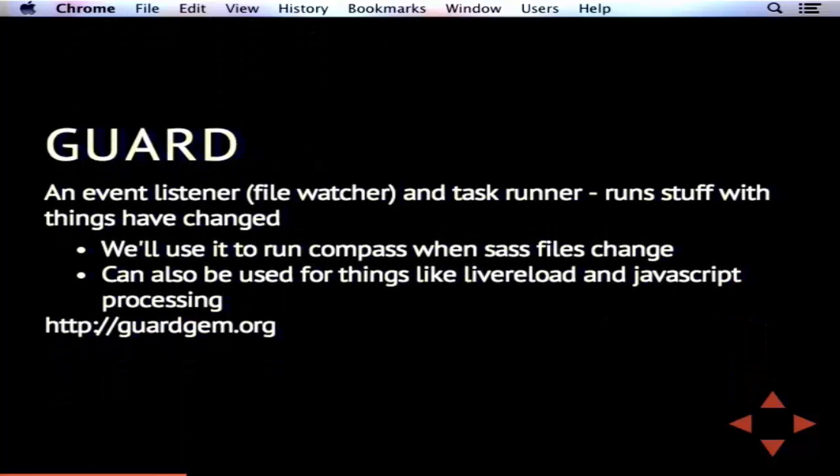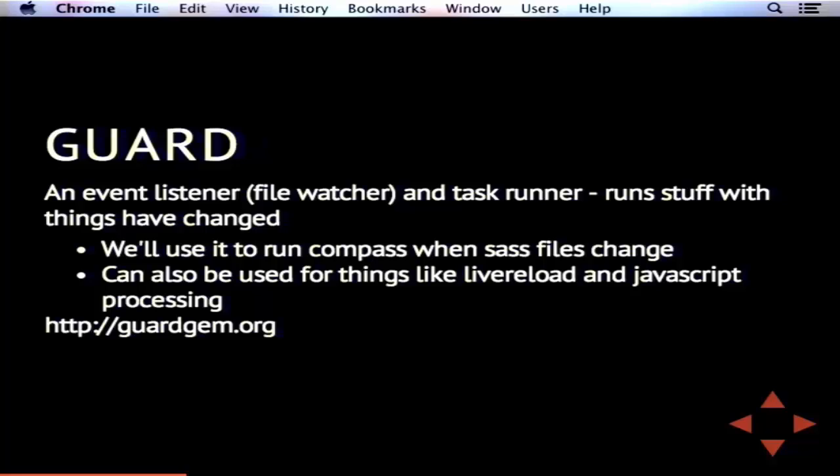Okay, and then Guard. Compass is a Ruby gem, so it's a Ruby library. Guard is also a Ruby gem, and Guard is what we're going to use to check whether anything has changed in our Sass files, and then compile them into CSS for us every time you save them. So it's essentially a file watcher, right? There's a lot out there. We'll look at a couple of JavaScript alternatives at the end of the presentation. All this thing does is watch a directory of files that you tell it, and every time you change one of them, it runs the Sass and Compass compiler